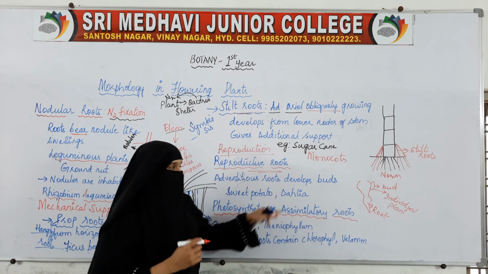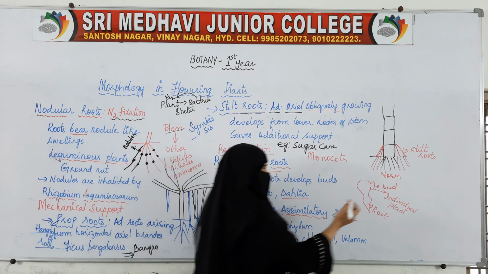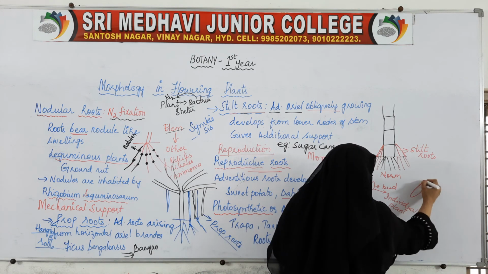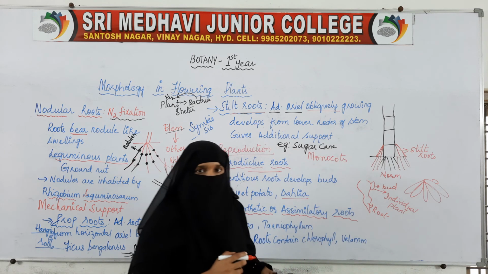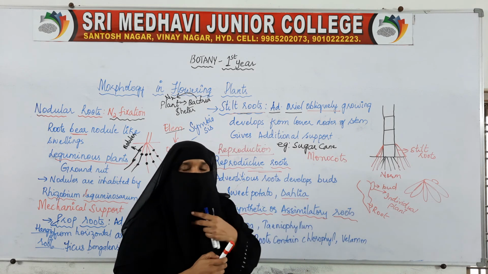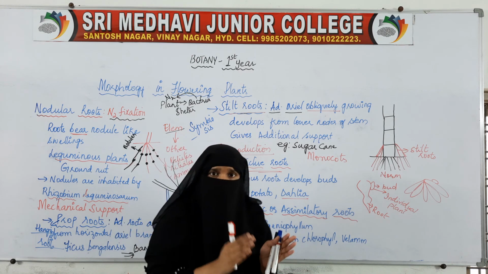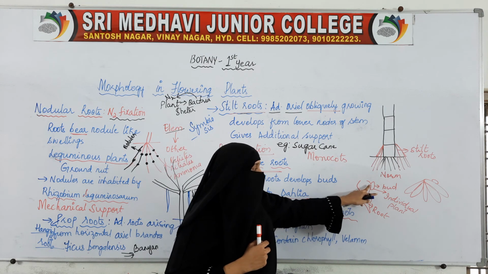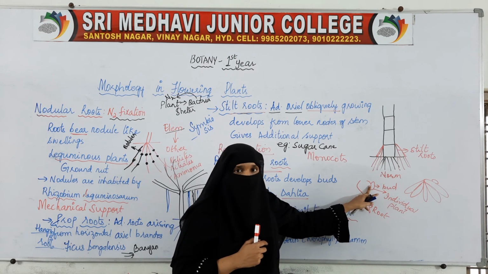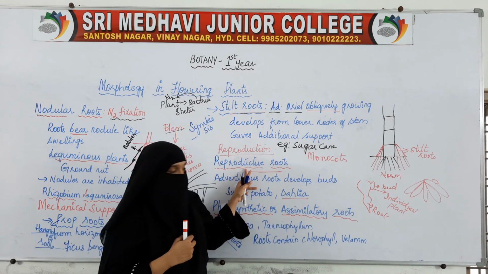Another example we see in dahlia also. We have seen dahlia has fasciculated roots. Here from the base of the stem, clusters of roots are formed. On these, bud-like structures will be seen. Later these buds will grow into individual new plants. Here reproduction is taking place, that is, formation of a new organism from the buds which are present on the roots. So this type of root is called reproductive roots.